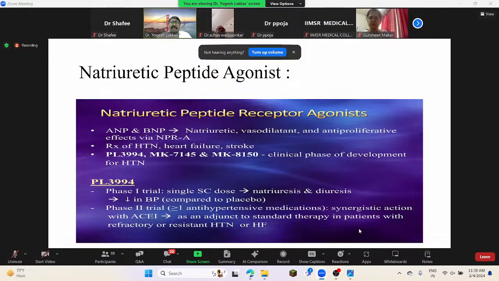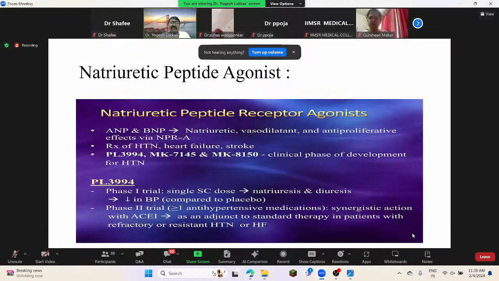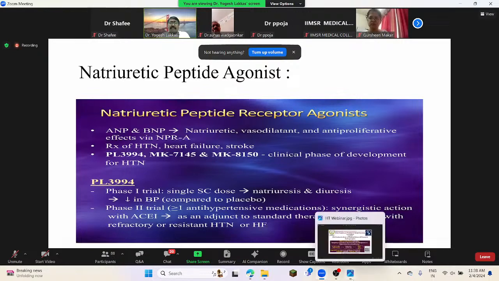Again, the pathway, like we discussed, the naproxen inhibition. Now we can have molecules that themselves act as ANP or BNP, that will increase the excretion of sodium and water. These natriuretic peptide receptor agonists are being researched. These are the molecules that have been given names. They are not in clinical practice yet, but the area of interest is going at multiple levels.